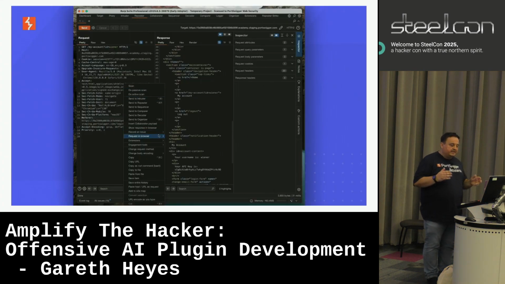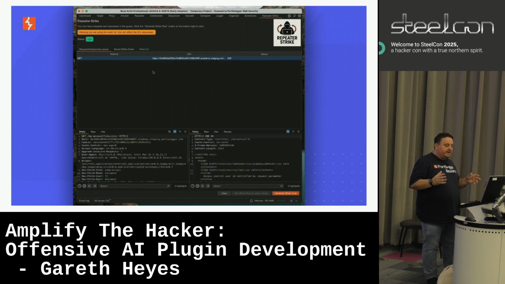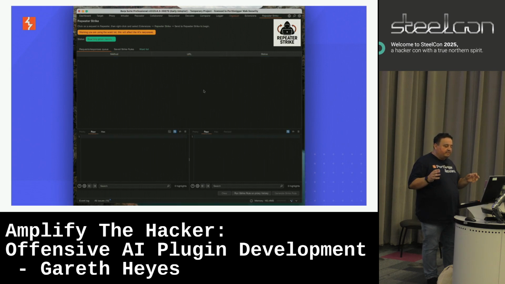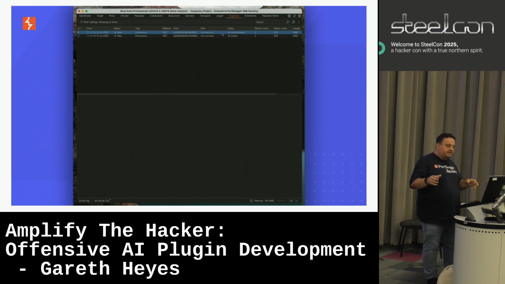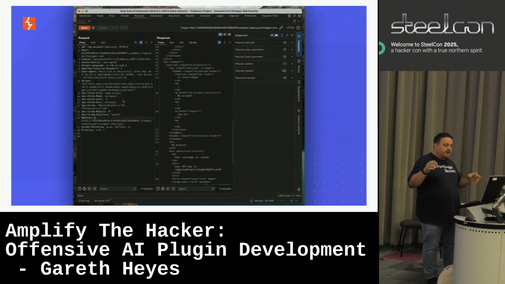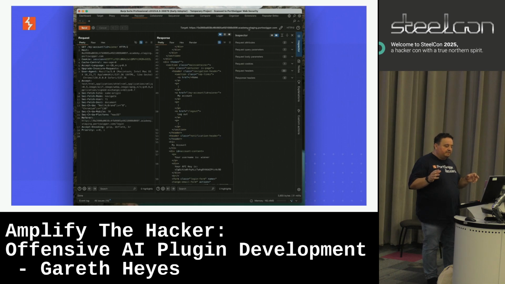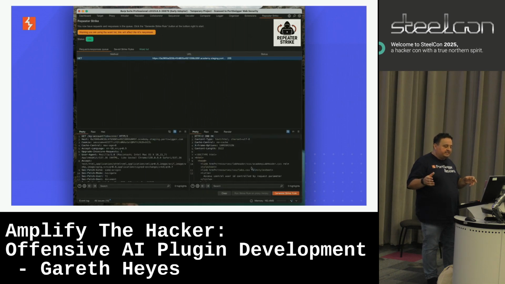In this demo, I'm using an Academy lab that contains an IDOR vulnerability. I begin by sending a single request and response to Repeater Strike. Next, I instruct the tool to generate a strike rule using the AI regular expression method. This step involves identifying the parameter under test, constructing the probes, and then generating regular expressions to match relevant parts of the response. Once the valid match is confirmed with the generated regular expression, the tool prompts me to save